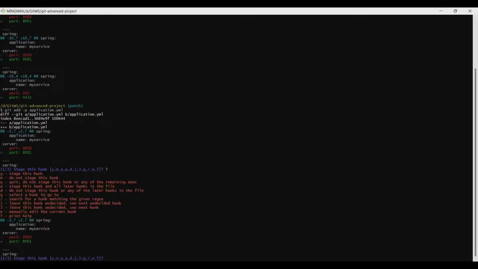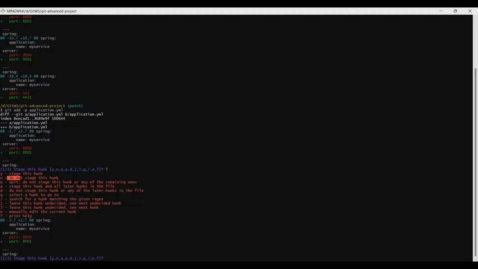It will present you what each of these letters mean. For example, Y means yes, go ahead and stage this hunk. A hunk is nothing but a portion of the changes that we have made. In this case, it's presenting us the line where I've changed 8000 to 8001, only that portion of the change. And it's asking whether I want to stage that so that the commit picks it up.